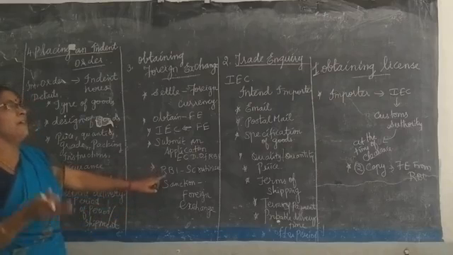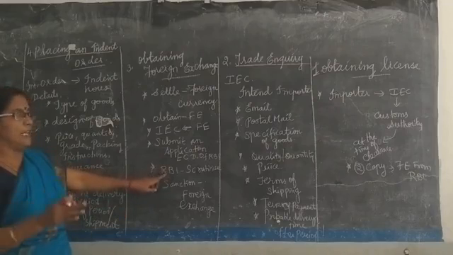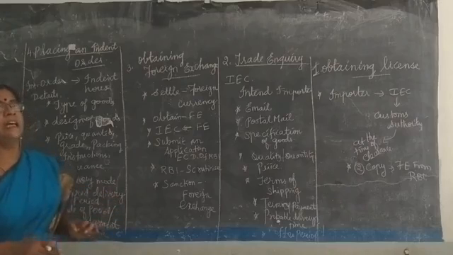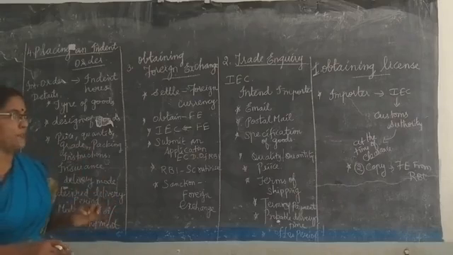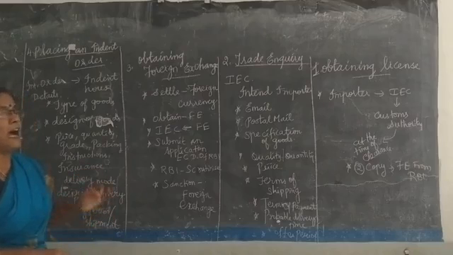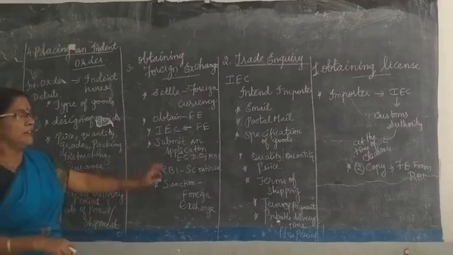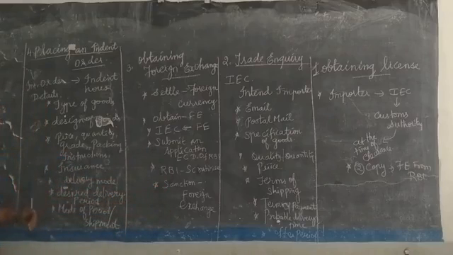The RBI will scrutinize whether he is really a license holder and whether he is doing import export business properly. Everything will be scrutinized by the RBI. After the scrutinizing, the RBI will sanction the foreign exchange. Then after that comes placing an indent order.